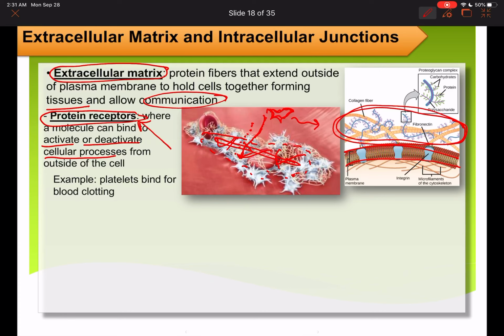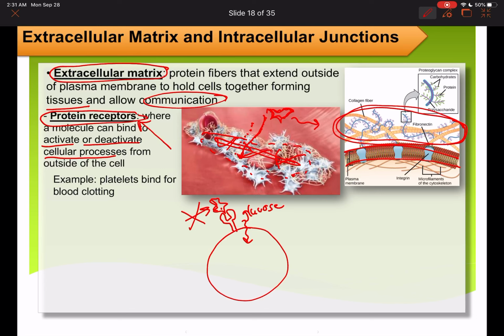Here's a cell, and here's an insulin receptor. If an insulin molecule happens to be bound to it, then it triggers the cell to take in glucose. Without insulin, the cell doesn't know to take in glucose. No glucose will be taken into the cell, and the glucose will continue floating around in our circulatory system